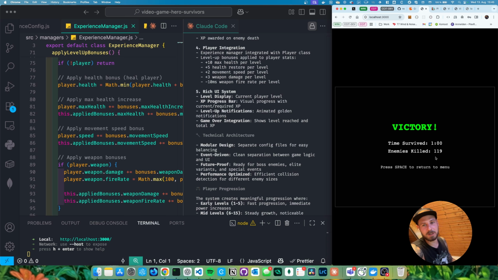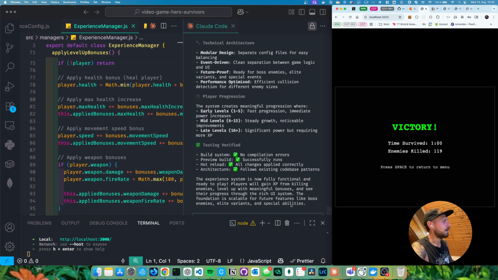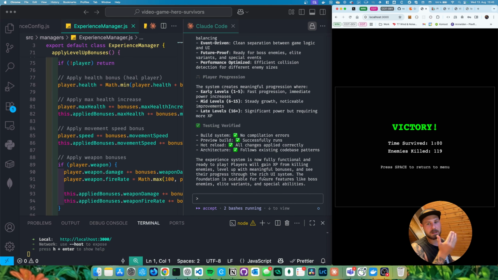So I like the kill counter because you can actually make a challenge there. How many can you kill in 1 minute? So that's already a cool fun factor. And now, since we went ahead and implemented an entirely new experience system, we should now also go ahead and